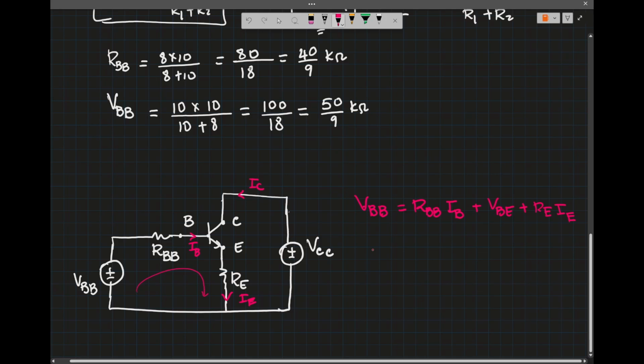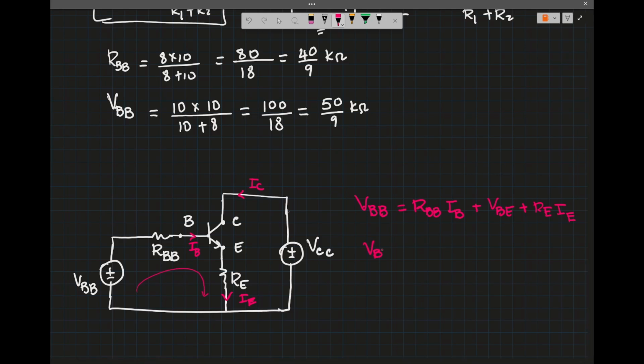So VBB equal to RBB plus RE times (beta plus 1) IB plus VBE. Right, because in linear region